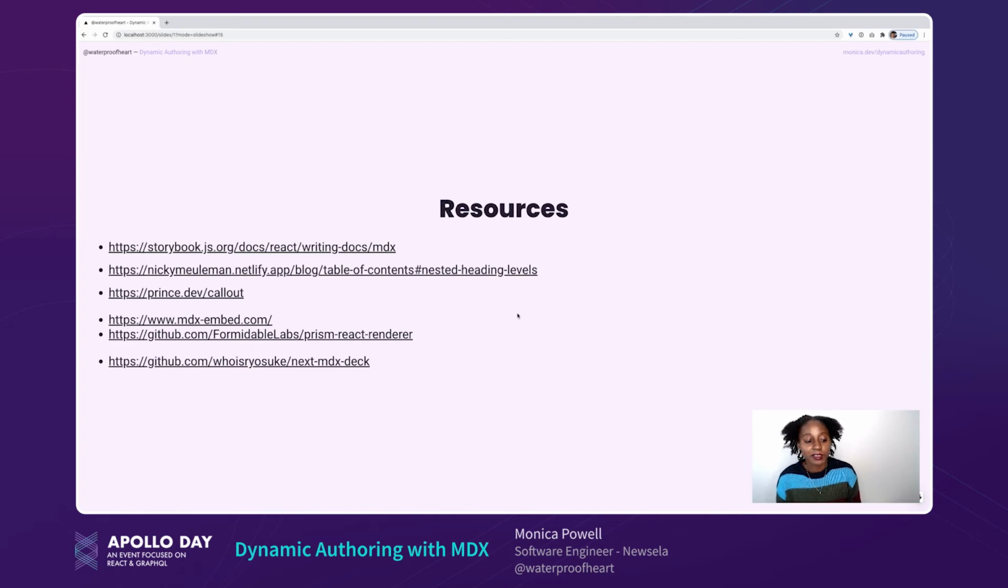There was also this great article by Nikki Millman on how they approached creating nested table of contents, and I thought it was really helpful to see how they approached the recursion. And then Prince.dev wrote a cool article about writing these call-out components with MDX, which is something I ended up doing on my site, and I think it's something you should check out if you're interested in seeing the different ways that you can extend